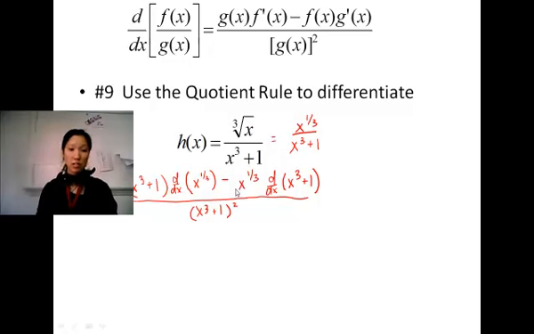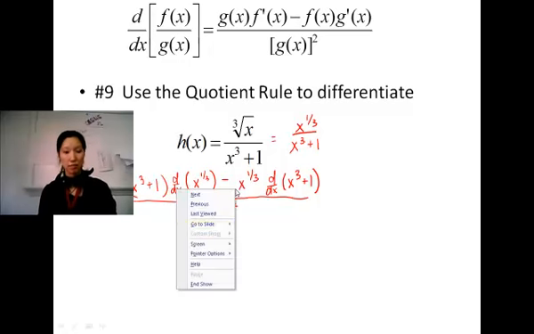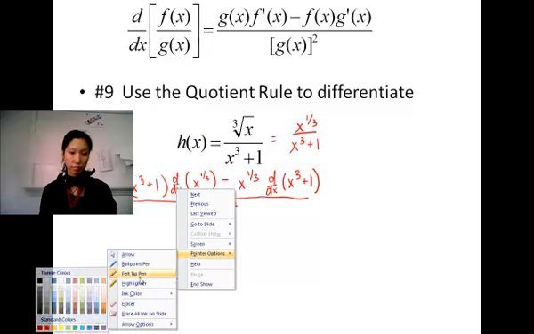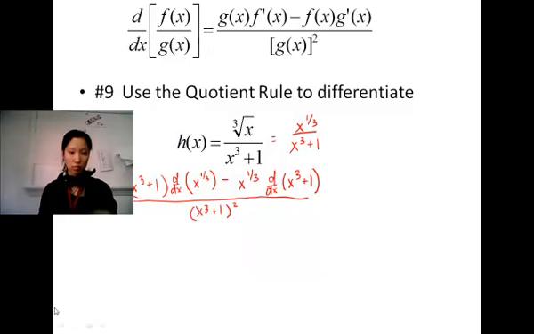Okay, so I am going to switch colors now because I'm actually going to start deriving. So here I go. H prime of x then is equal to, we have x cubed plus 1, which was left alone. But this part right here is our power rule, so I'm going to write this as 1/3 x to the negative, and then minus 3 over 3, so negative 2/3,